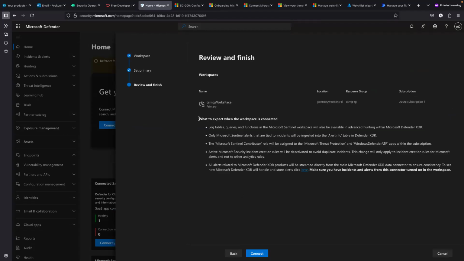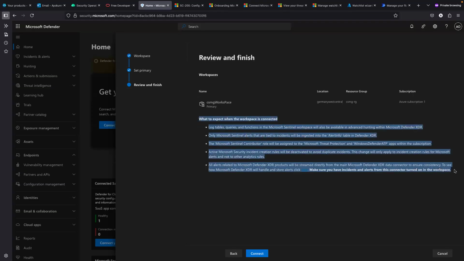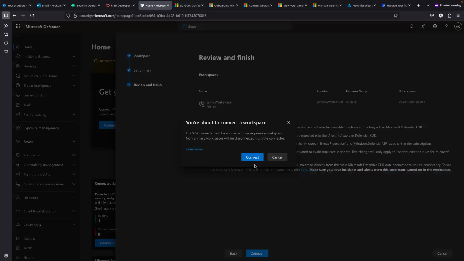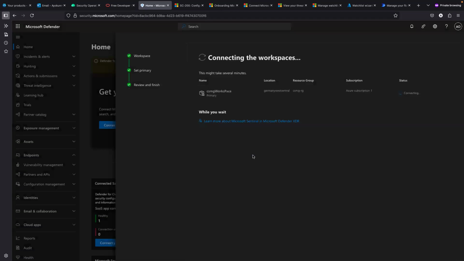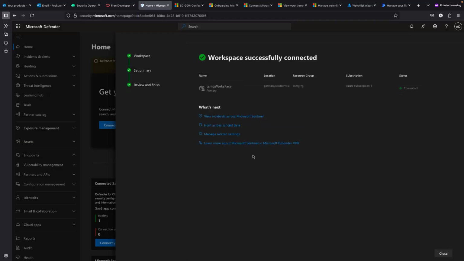It then tells you the same information we just read, which is the changes that will happen, just so you are aware of those changes, and I can click on next. It's a final warning telling me that I'm about to connect a workspace, and just to ensure that it's an action that I want to complete, which I have said yes to. So currently the XDR is trying to connect my workspace, which should be completed shortly. Okay, it's already completed, and that's how to connect